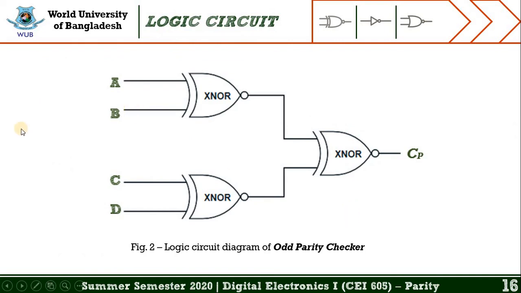And from this slide we may learn the logic circuit of the odd parity checker, and we have already found the Boolean expression of the odd parity checker from the previous slide, which is, inside the first parenthesis, A XNOR B. After the first parenthesis we get XNOR, and after XNOR we get the second parenthesis, which has C XNOR D inside. That's why we need 3 XNOR gates to implement this odd parity checker. On the right side of this figure you may find the output of the odd parity checker. So let's move into the next slide.